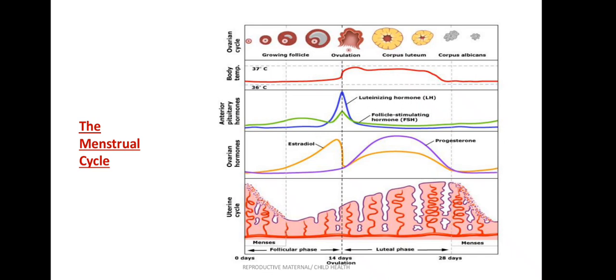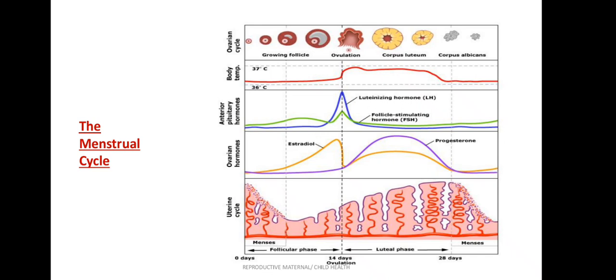That's between days 13 to 14. And just some endocrinology. One day before ovulation, there's a surge of luteinizing hormone, and this occurs with a follicle stimulating hormone level surge. So this is also increased